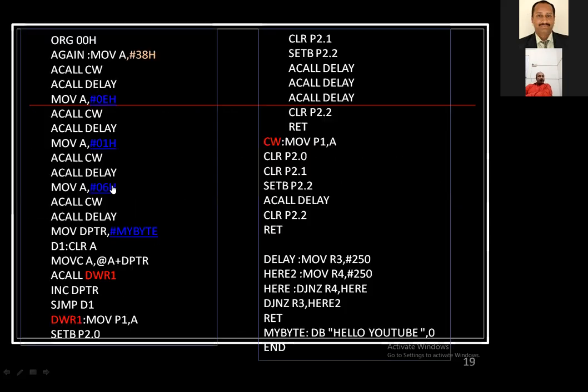And for the actual transfer, you can take this as an example. This is the whole program which can be written for this LCD display, and what it is going to display is defined in the data called Hello YouTube. Whenever you run this program, you will observe this Hello YouTube on the output side, on the LCD display. In this whole program, a total of 3 steps are involved.